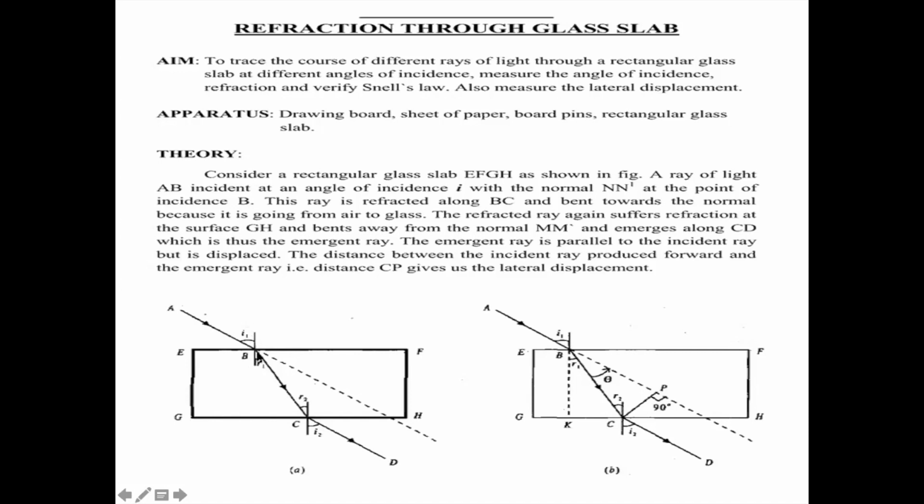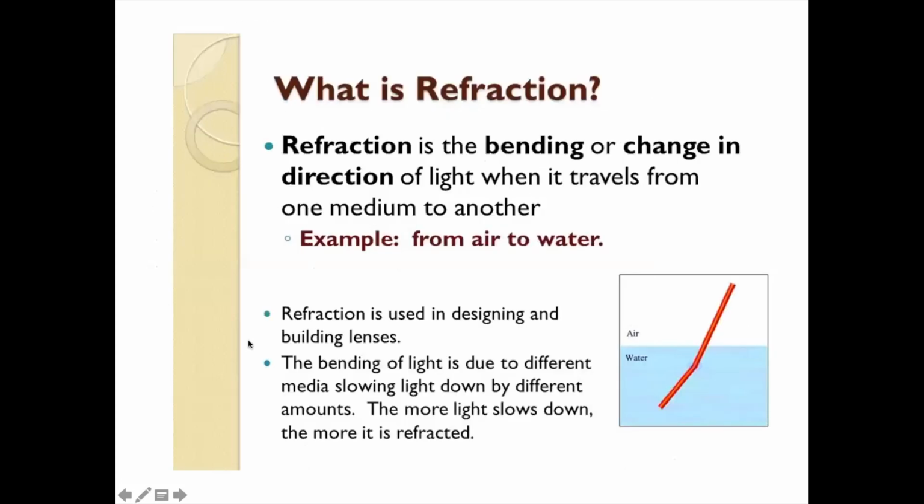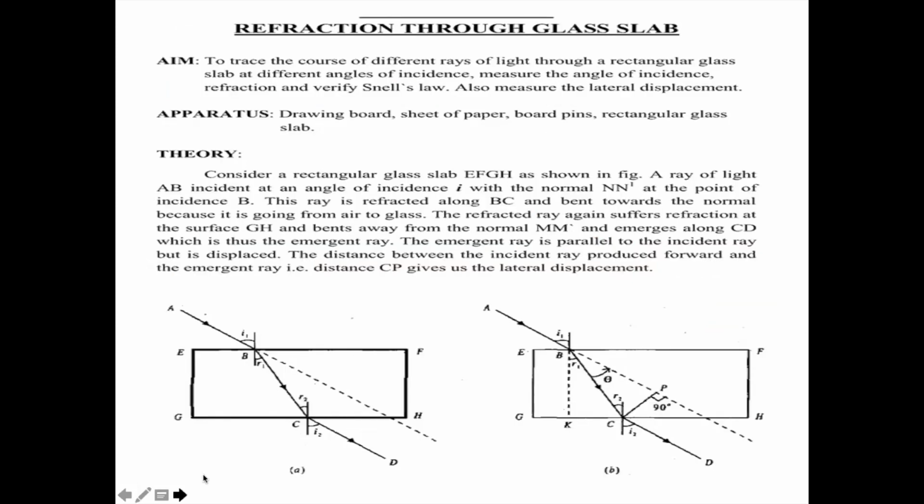This is a normal line to the surface. Again, this is normal to the surface. So the angle between the normal and the incident ray is called the angle of incidence. The angle between the refracted ray and the normal is called the angle of refraction. We have named them here incidence 1 and refraction 1. Now over here again, this refracted ray with the normal makes a refraction angle 2, and again when it is moving out, it will give the angle that is incidence number 2.